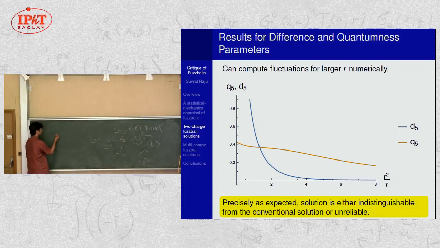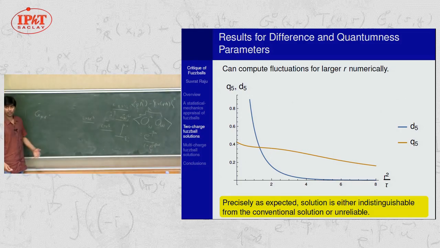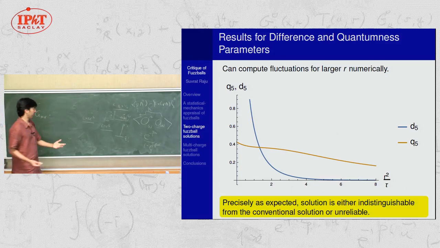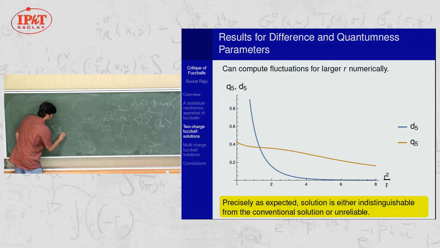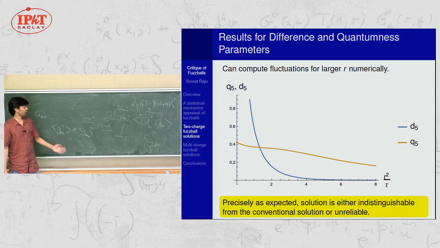So this solution is obtained by solving some Einstein's equations. But the moment you compute the Einstein tensor, this involves in particular products of the metric. But if expectation values of products of the metric are not given by products of expectation values, then you shouldn't be solving the classical Einstein equations to compute these solutions. So it's unreliable in the sense that if the expectation of g mu nu squared is not equal to the square of the expectation of g mu nu, and you solve Einstein's equations to get a certain solution, that solution is not a good solution in a regime